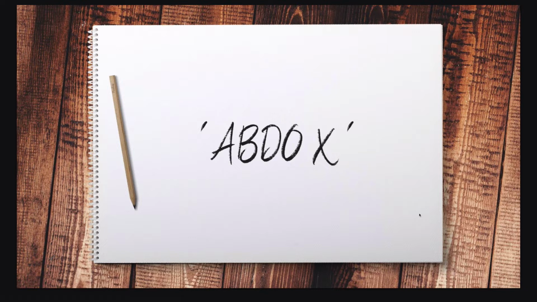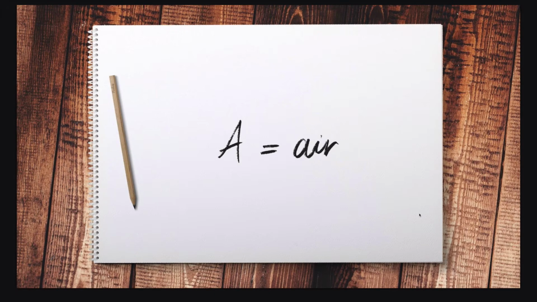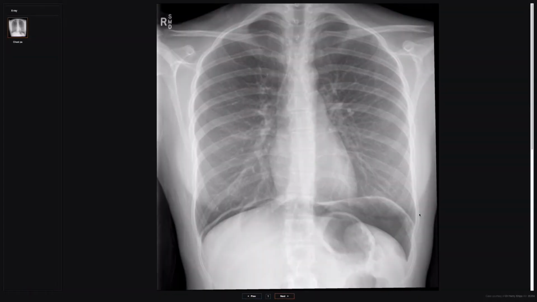So I came up with this for abdominal x-rays, which I think covers everything you need to look at and know about an abdominal x-ray. And also I think is fairly easy to remember because it's abdo x. Okay. So we're going to go through each one of those, and we're going to start with A, which is for air. But instead of an abdominal x-ray, the first image I'm going to show you is